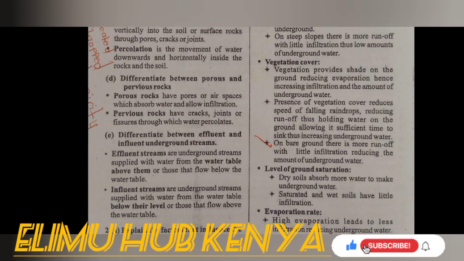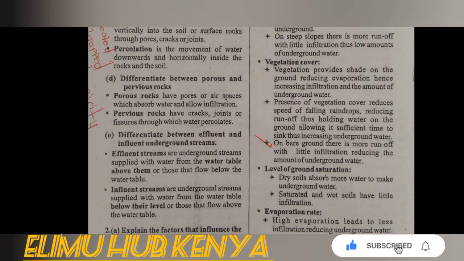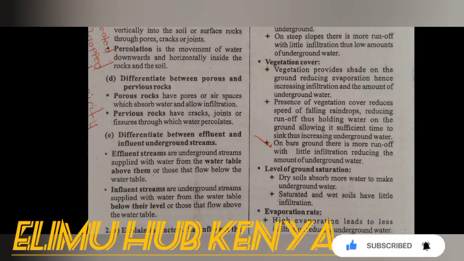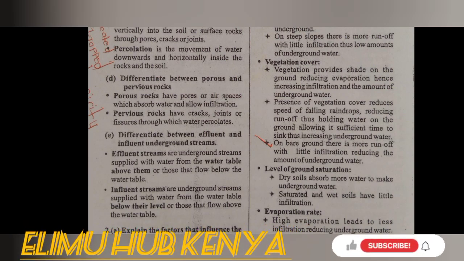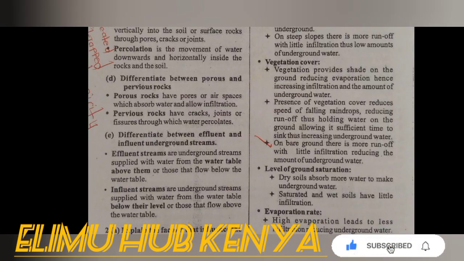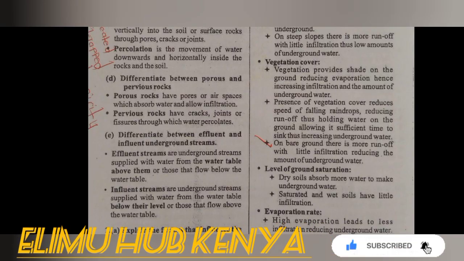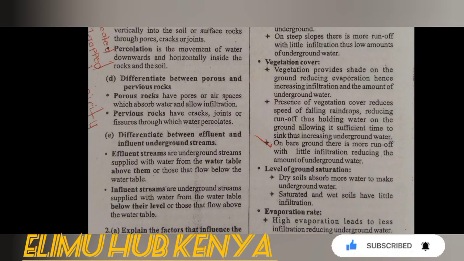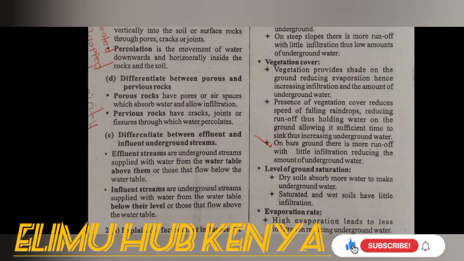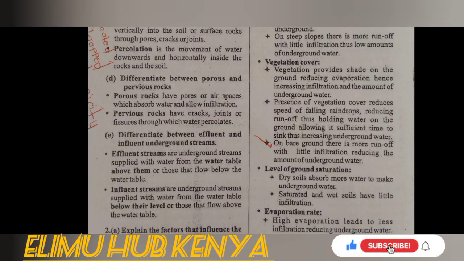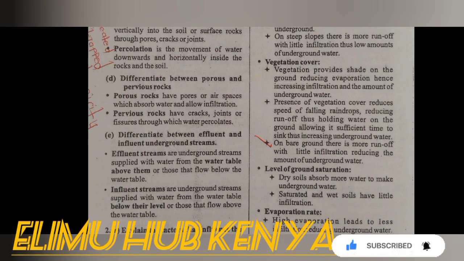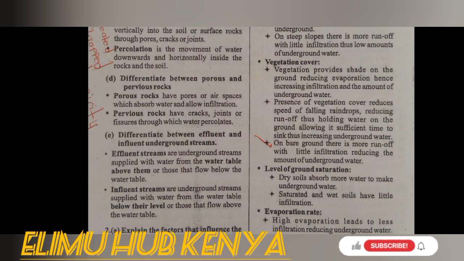On the bare grounds, on the other hand, there is a lot of surface runoff, which gives very little time for infiltration to take place, hence reducing the amount of underground water. So vegetation covers, a way of recapping this, is that in areas with vegetation cover, number one, the vegetation cover will reduce the speed of the surface runoff, giving ample time for infiltration to take place, hence more amount of underground water. Also, the presence of vegetation tends to minimize the rate of evaporation, and when the rate of evaporation has been reduced, it means a lot of water will be infiltrated, hence will contribute to more amount of underground